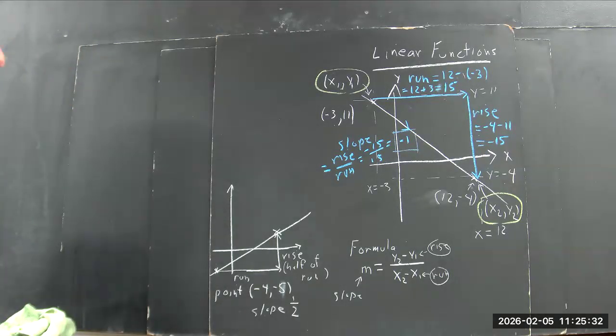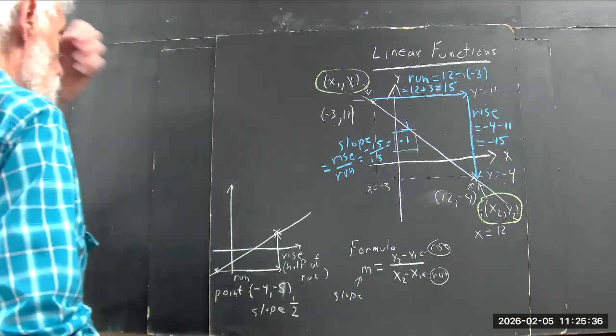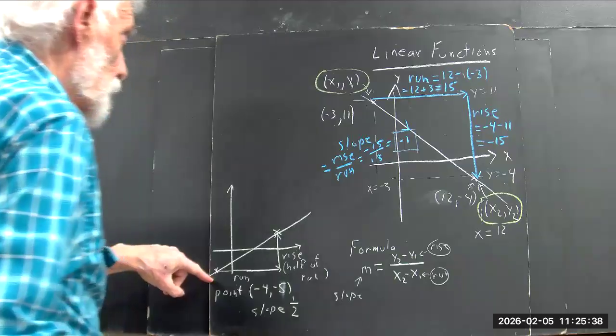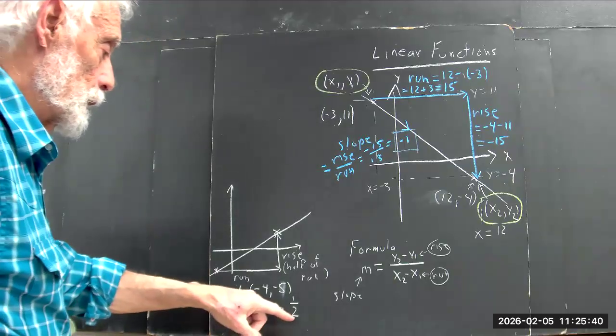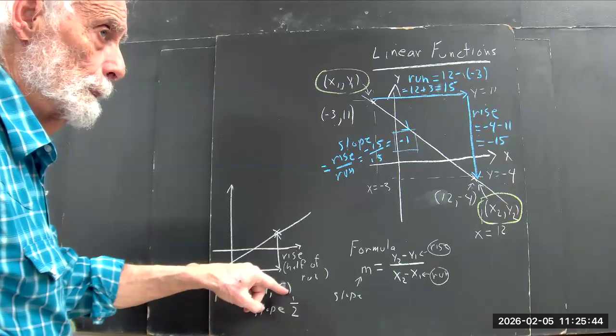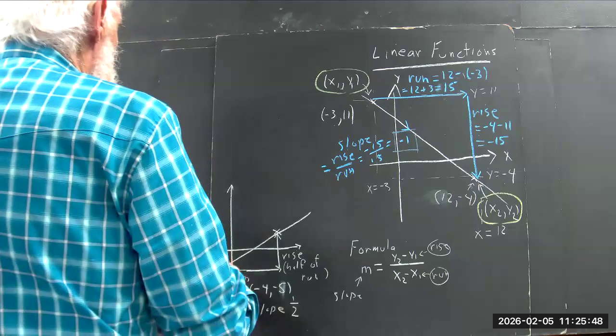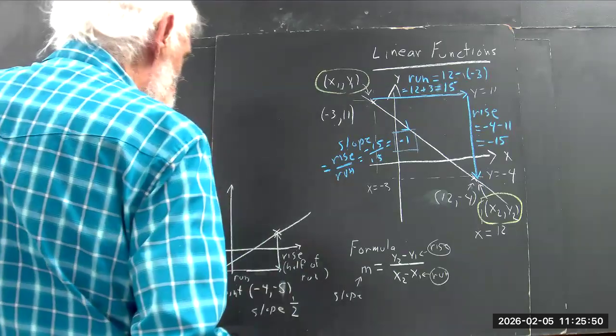Now I don't have an equation. This is the line joining the 2 points that I get. The point that I'm given and the point I get when I do a run and a rise that are in the proportion of 2 to 1. Okay, well, if I want the coordinates of this point,